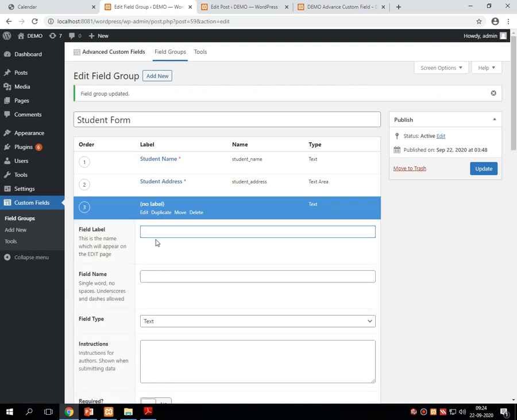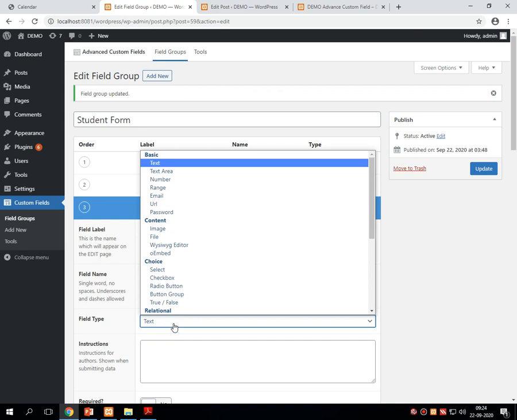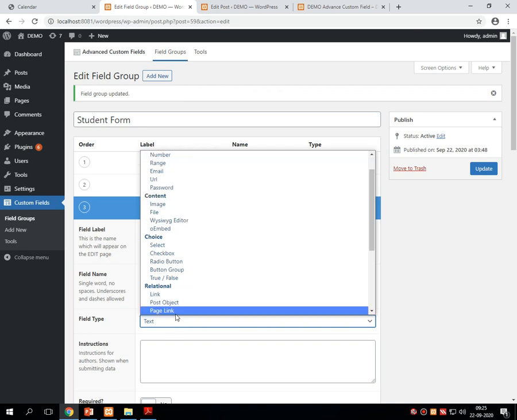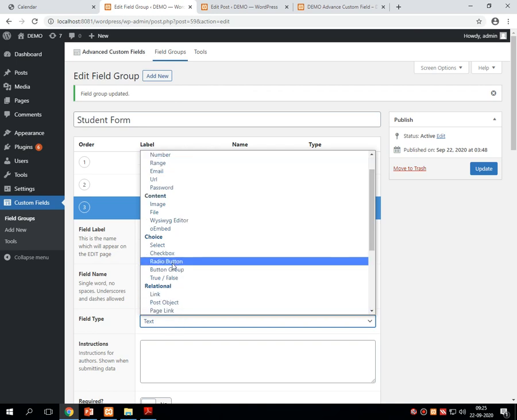Now I am entering gender. Automatically there will be a gender, then text area, number, range, email, URL, password, image, file, WYSIWYG editor, choice, select, checkbox, radio button.